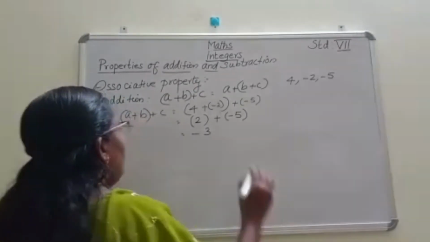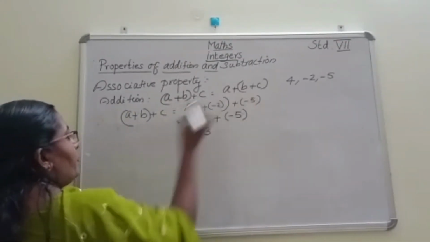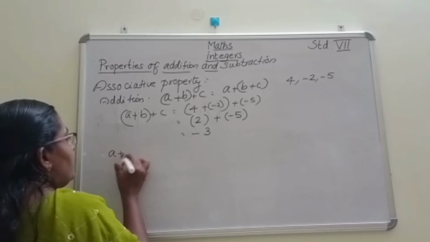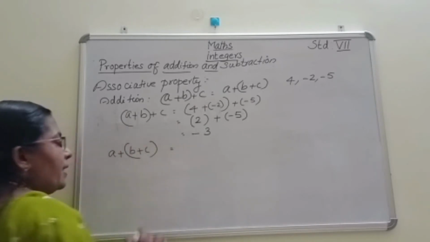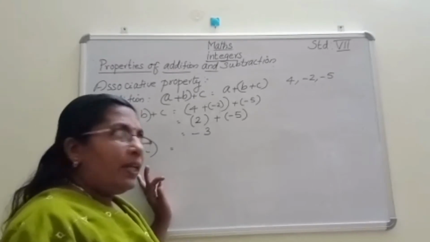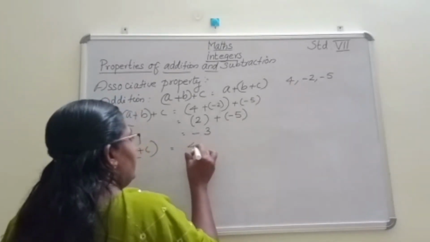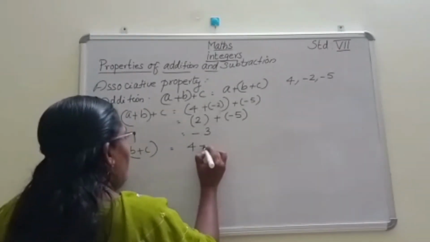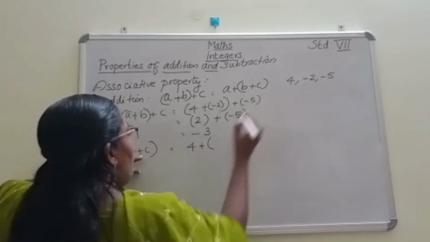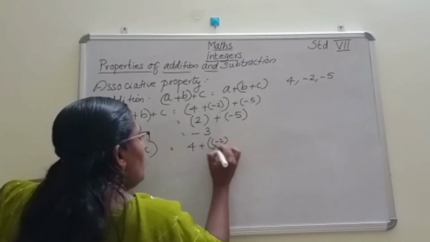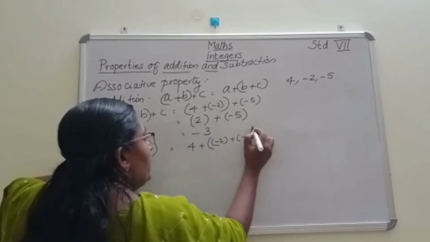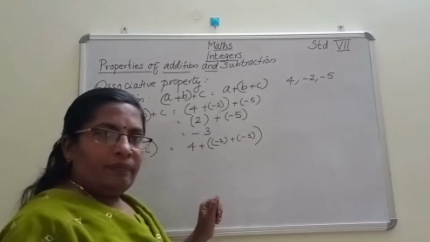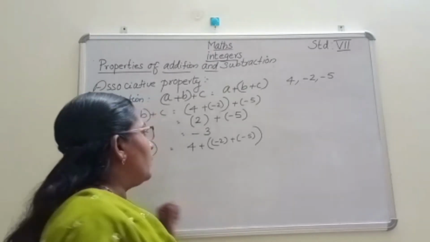Okay. Next. See that. A plus (B plus C). What is the value of A? 4. 4 plus B is minus 2 plus minus 5. C is minus 5. That is what we have taken. Set. Now